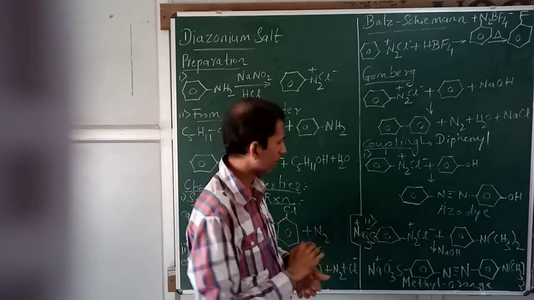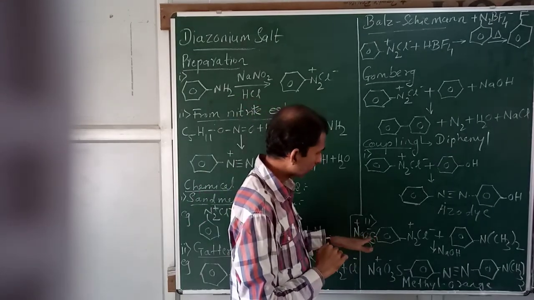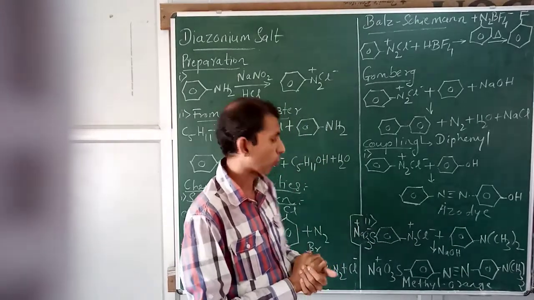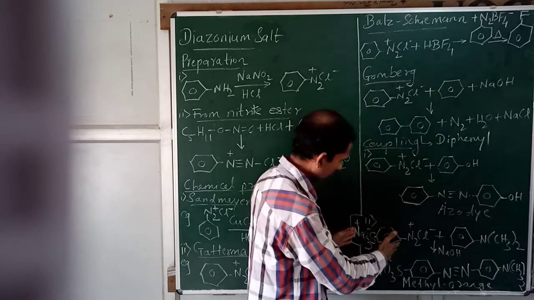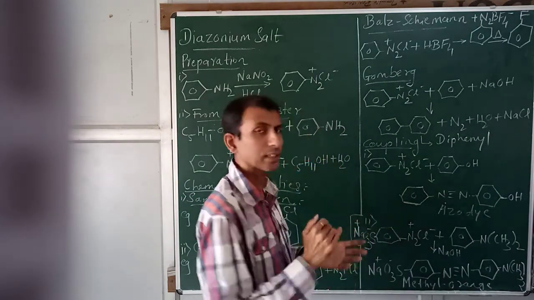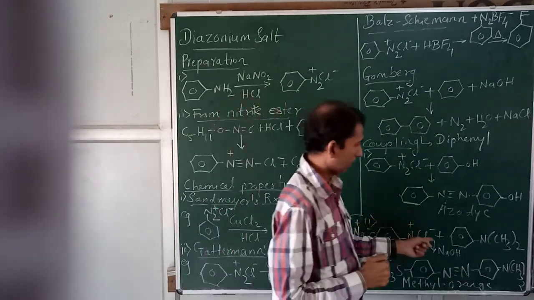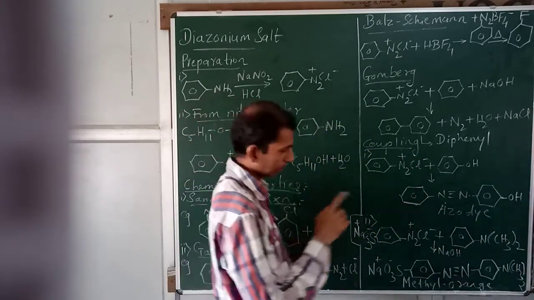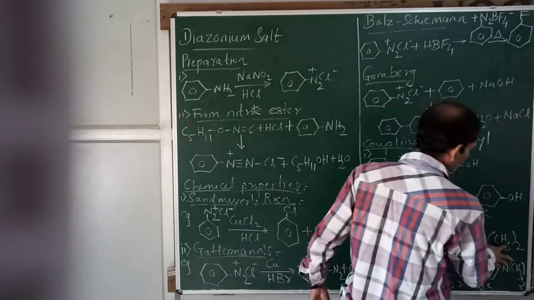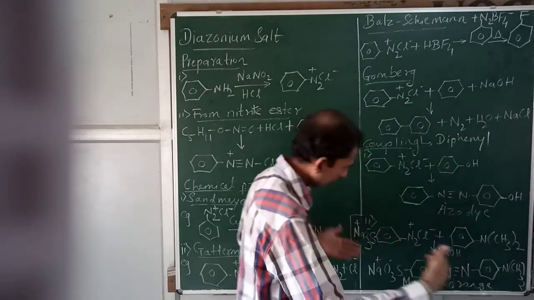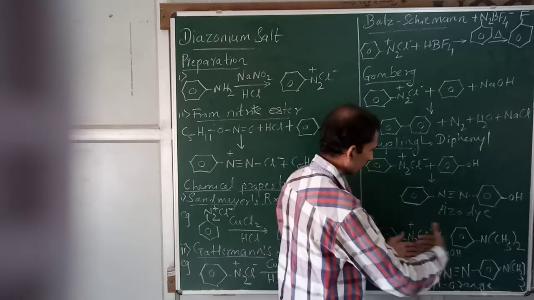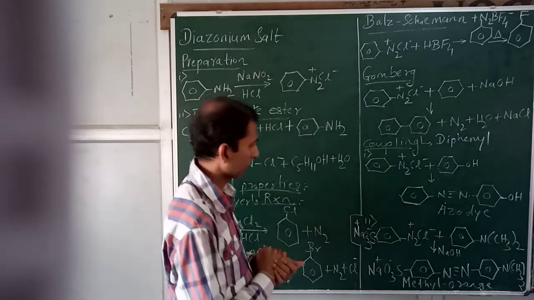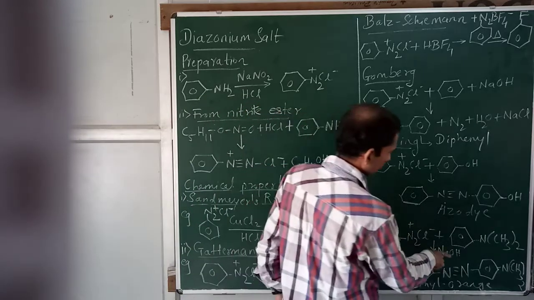Now the next coupling reaction, the last one. Here we have the sodium sulfonic salt of diazonium chloride. So this particular reactant will again react with an aromatic alkyl aryl amine, so it is a dialkyl aryl amine. Again it is a coupling reaction, two compounds getting coupled with the elimination of byproducts. Now here what will happen once again? Cl.